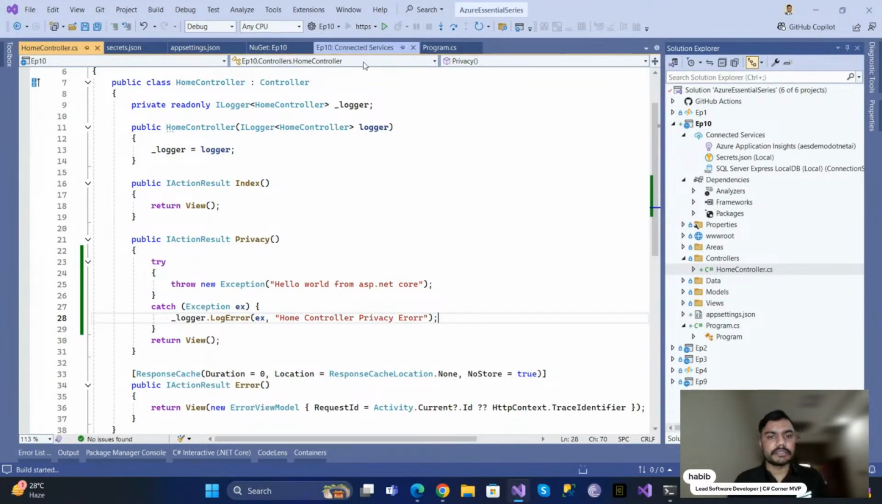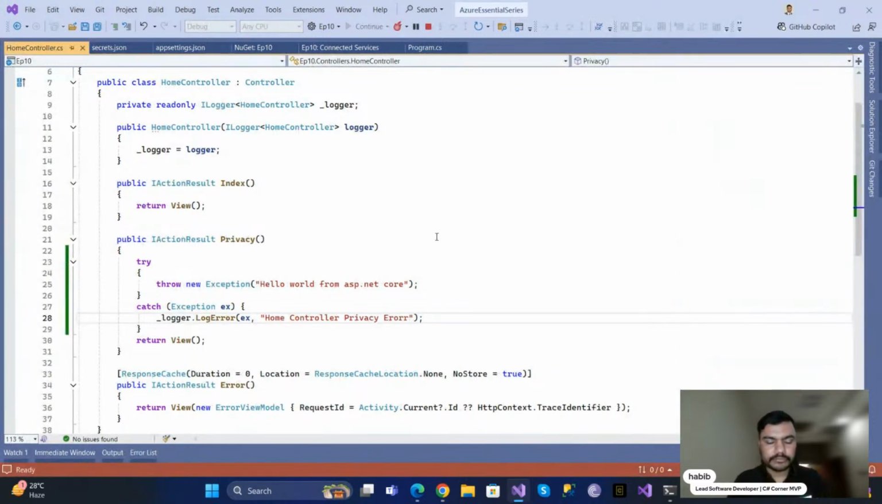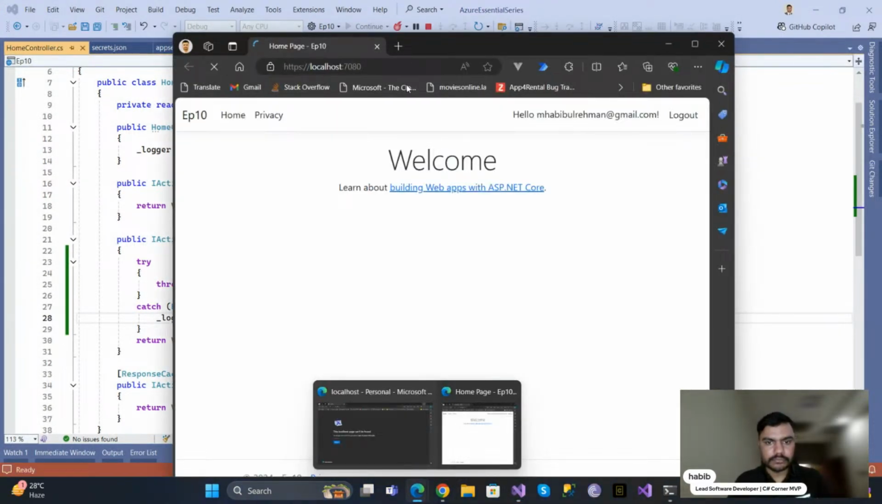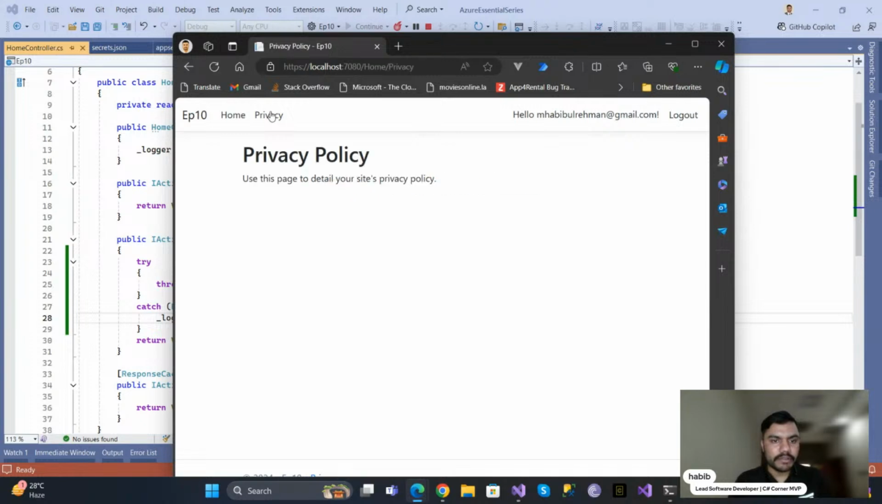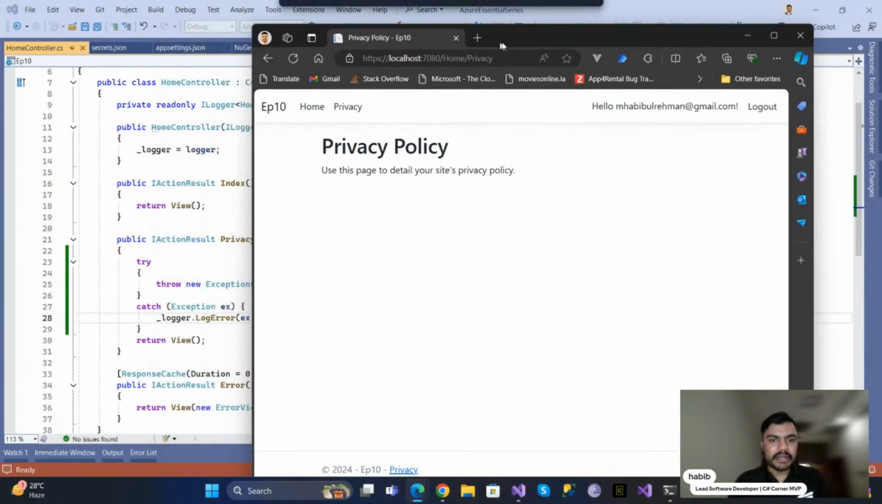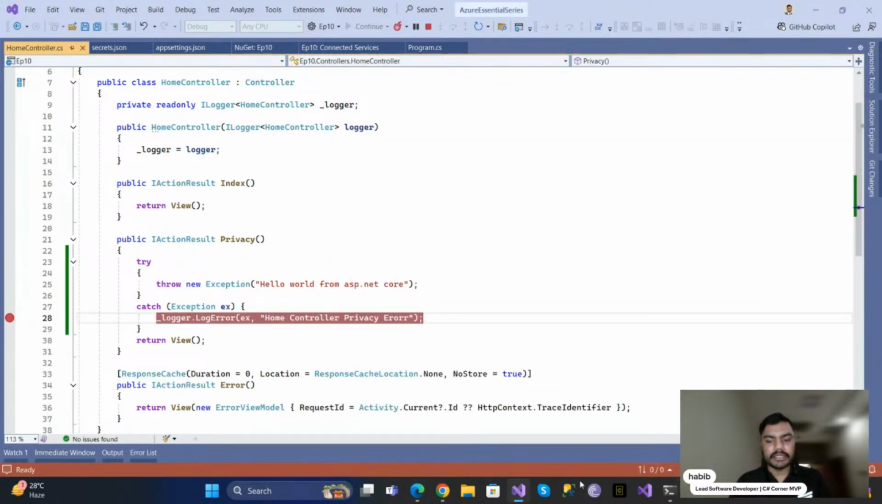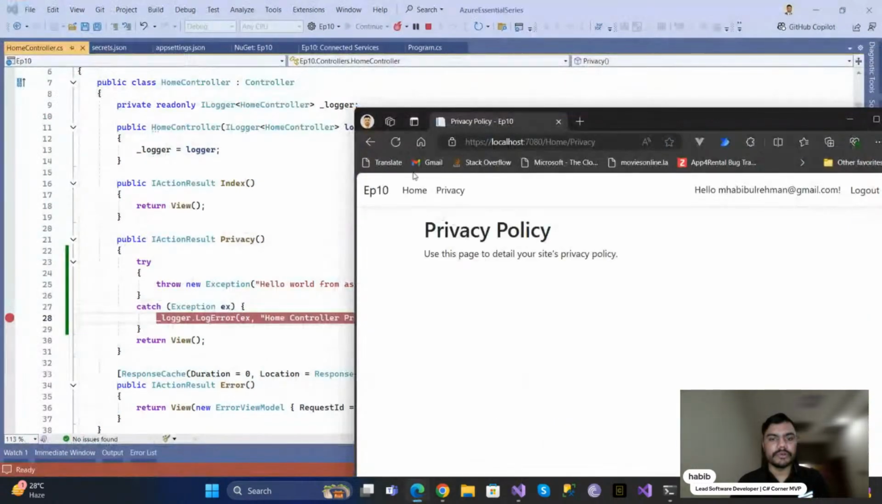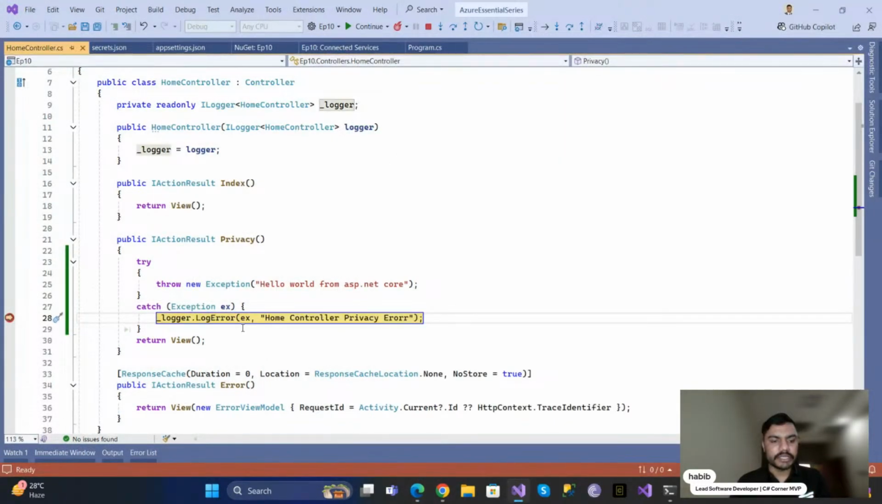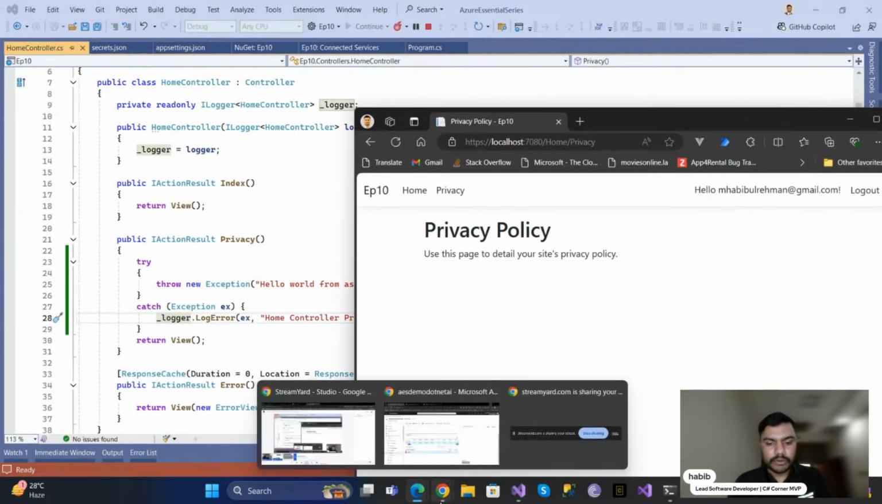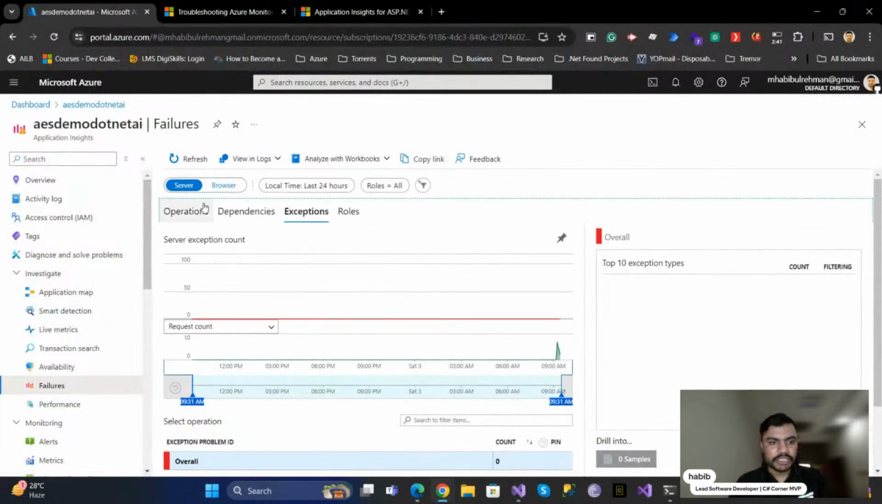So let's run this. Okay, now click on privacy. So you can see that now this error is not showing to me, because I have applied an exception handler, and this exception is not unhandled anymore. If I refresh the page again, you can see that it is now logging this exception through the logger. Click on continue. So now if I check my application and refresh this,